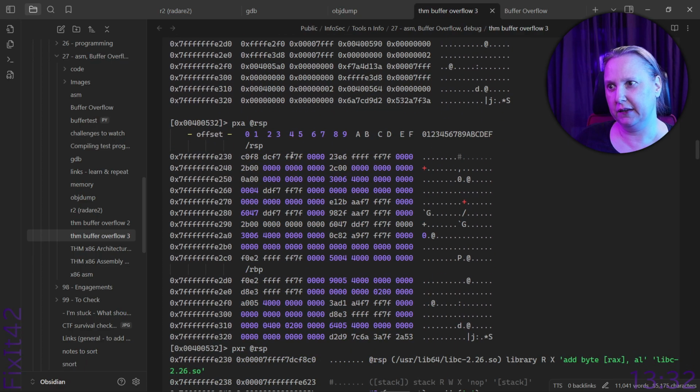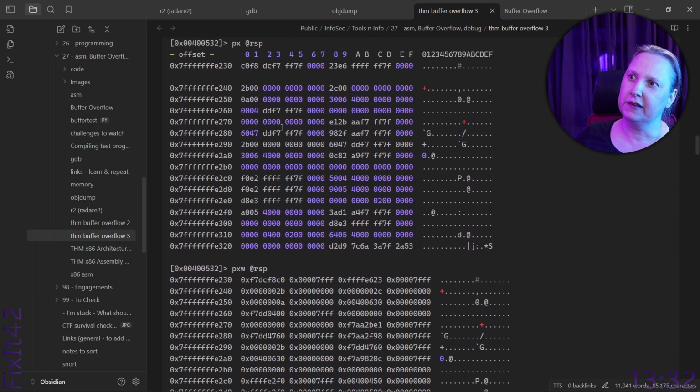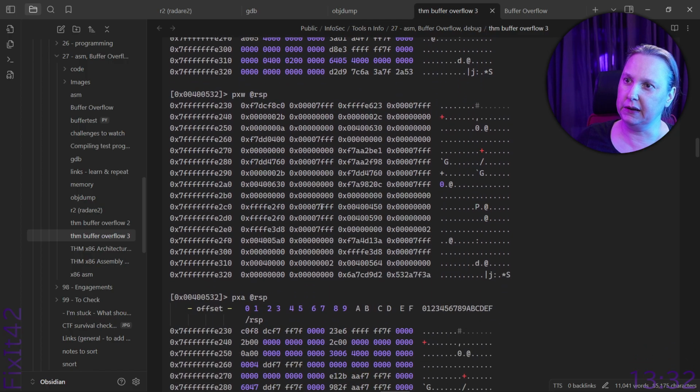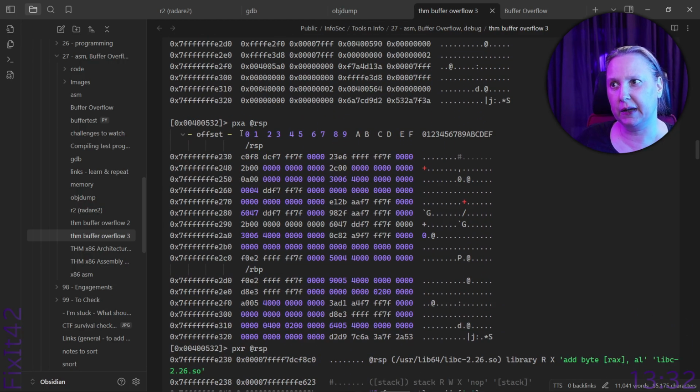Repeating is like the base for learning, and I realized that PX, well, it's kind of nicely formatted. RSP, kind of nicely formatted, but here we have, oh, here is RSP, here is RBP. So we can see when there's a register with the address in it, pointing to that address, right? And that's kind of nice.